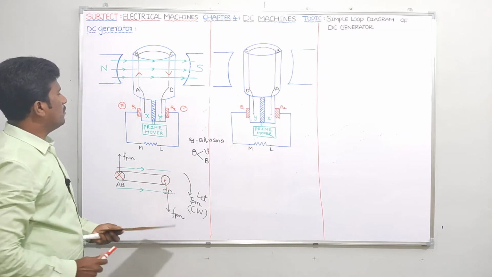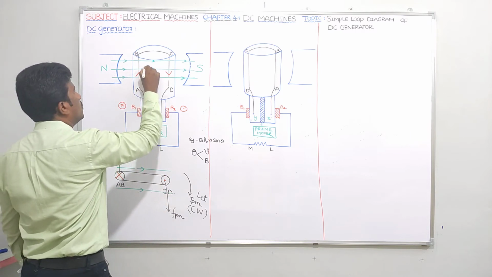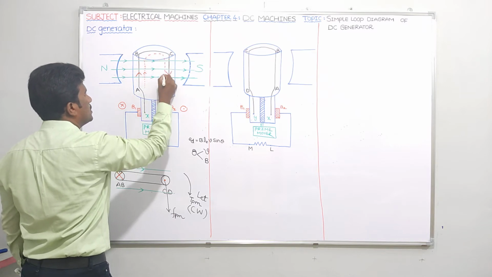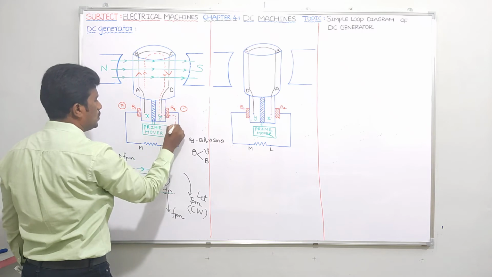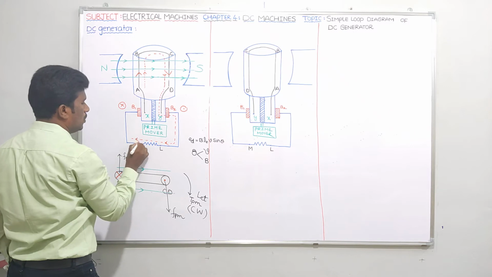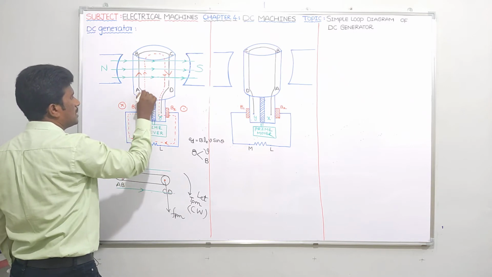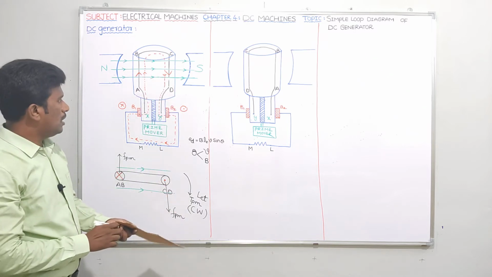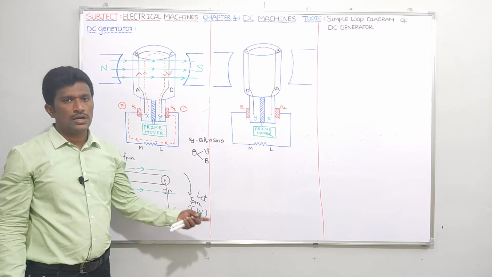Current is going from A to B, and it is coming from C to D. Next, it is entering at B2. Tell me how current is flowing at load L to M, and once it is entering at B1, it is completing its path like this. Is it clear, guys? Okay, and let me show the armature current waveform also, the load current waveform also.